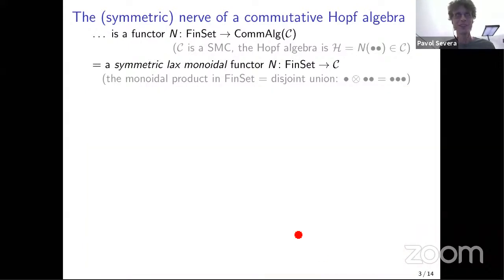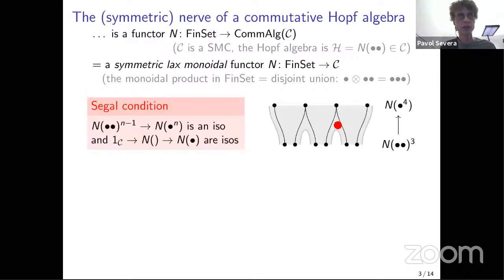And let's get back to this easy thing that we have a functor going to commutative algebras, or going to C, as you wish. And now there was this Segal condition. So what is the Segal condition? How do we recognize nerves of commutative algebras among all such functors? Here it's written: we require that those maps going from the n minus first tensor power, from n of two dots to n of n dots, are an isomorphism, and something for those small numbers. And these morphisms are now drawn here in a nice way using that Lax monoidal structure. So that's maybe one reason why it's nice to use that monoidal structure.